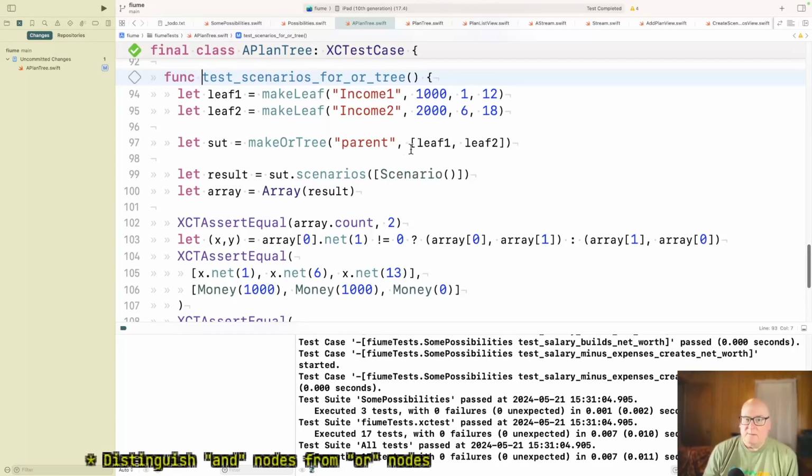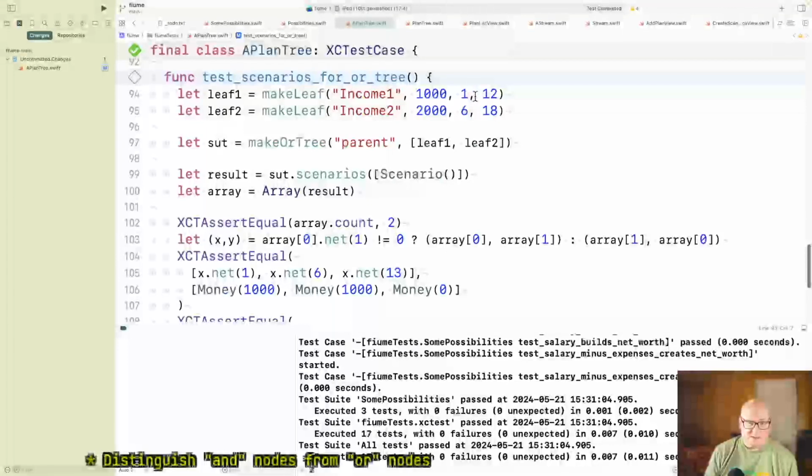And those scenarios, we'll get them back and look at them. Okay, there ought to be 2 of them. And we'll figure out one of them ought to have a 0 for month 1. Well, one of them ought to not have a 0 for month 1, and the other one should. So we'll put those in order so we know that the first one is not 0 and the second one is. I don't know, that seems backwards to me, but okay. And knowing that, if we look at the first one that does not have 0, we got month 1. When it starts, it should have 1,000.